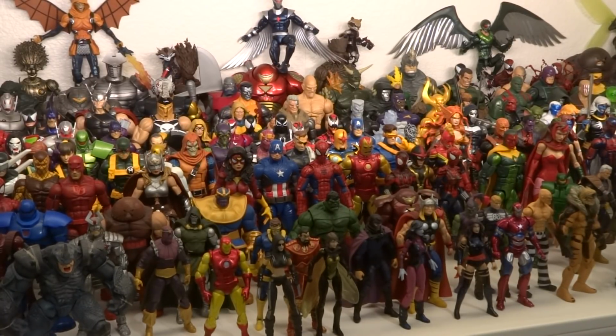This time we have my top least favorite Marvel Legends figures of the year. So this is something that I've done for a couple years now. I do enjoy it. I purchase quite a few Marvel Legends. Usually I buy almost every Marvel Legends figure that comes out in the year. So I do make a list of my favorite Marvel Legends of the year, and now here's my list of